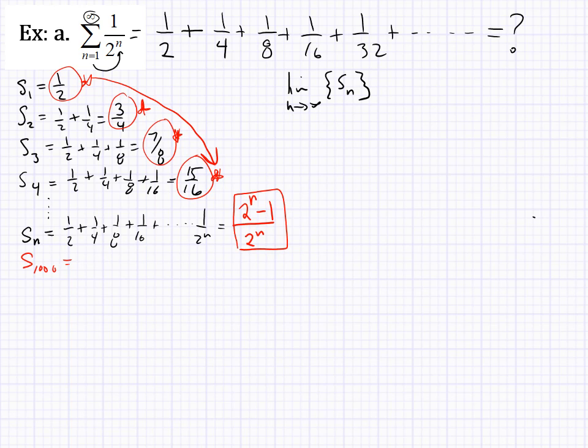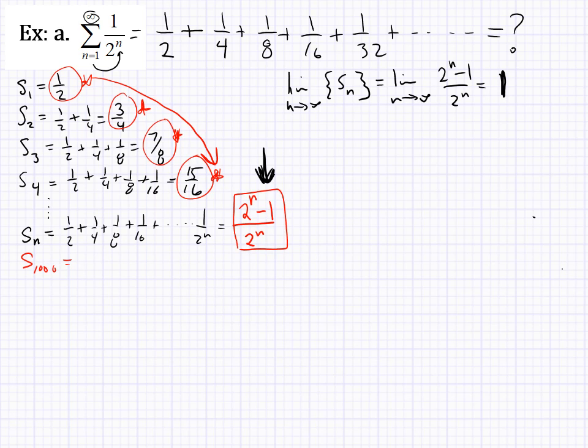So what we said is if we could come up with a function that would generate the terms of the sequence, if we could take the limit of that function and find out what happens to it, which happens to be sitting right here, then that'll tell us what happens to the sequence. So if I do the limit as n goes to infinity of (2^n - 1) over 2^n, which using L'Hopital's rule, we're going to find out equals 1.